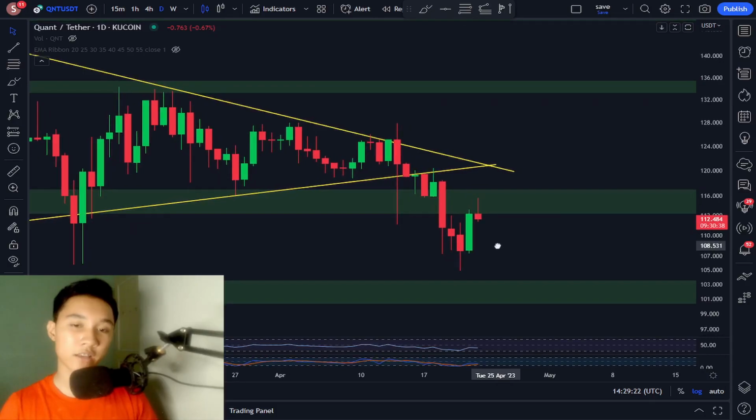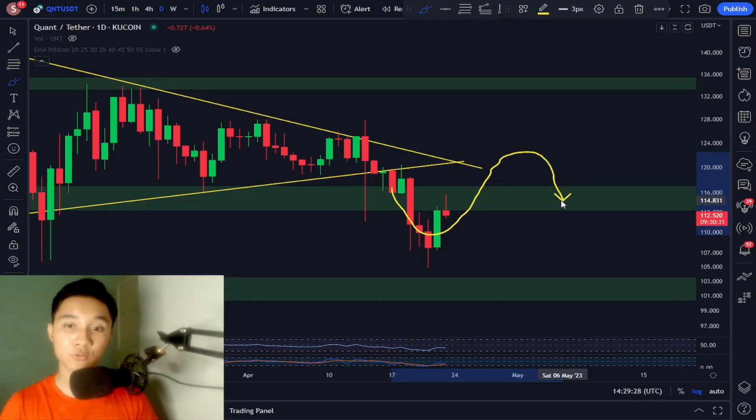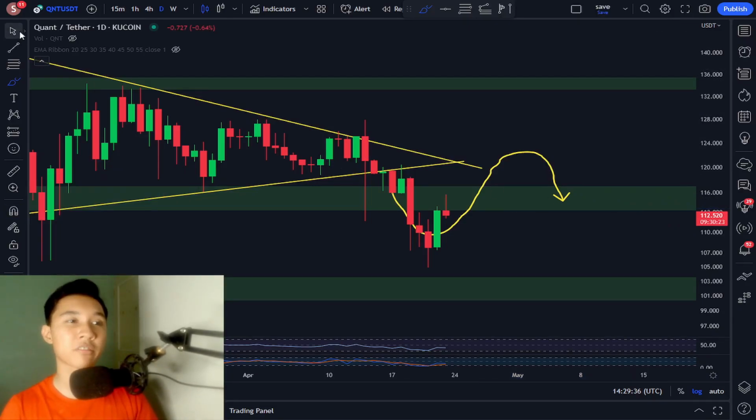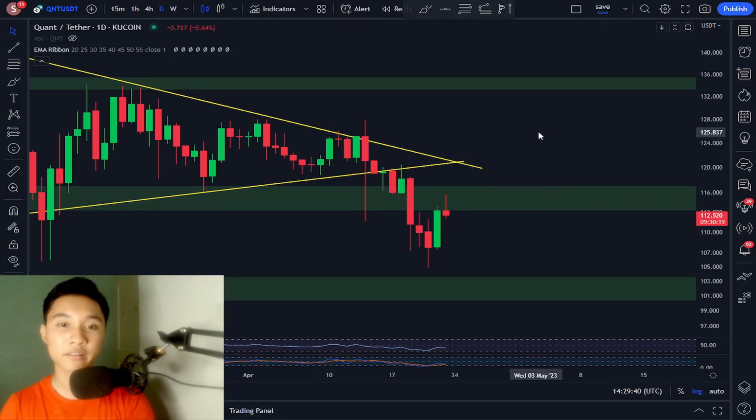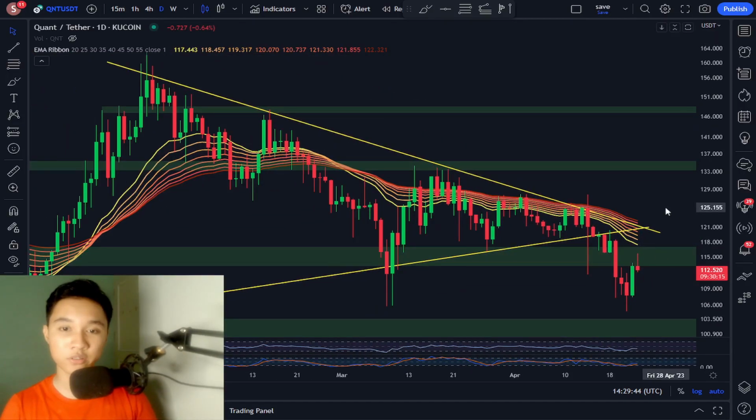There is also a chance that the Quant price could break above resistance right here and flip it to support once again. That's a potential scenario, but right now it looks highly unlikely. Why do I say so? Because if you pull up the EMA ribbon in the daily time frame, it is currently acting as strong resistance. If you guys observe,